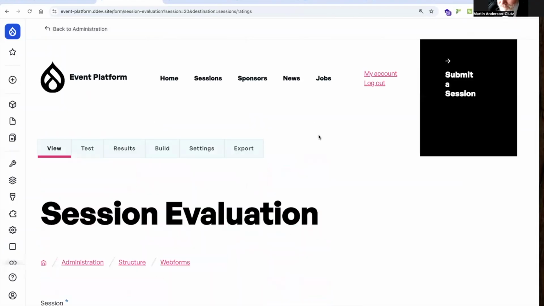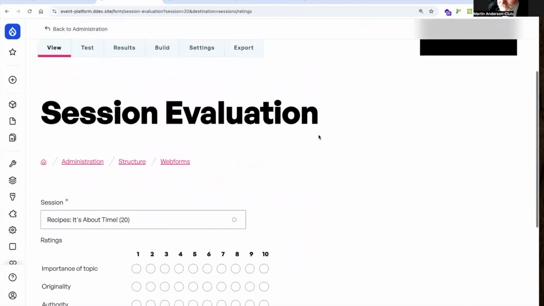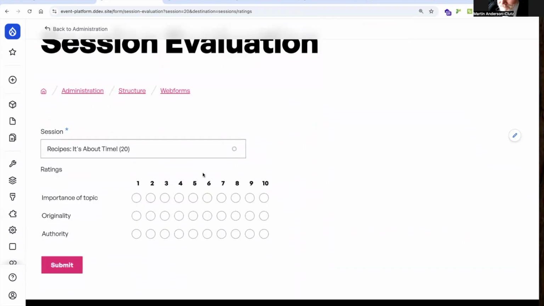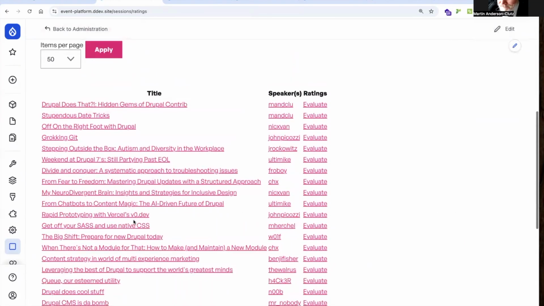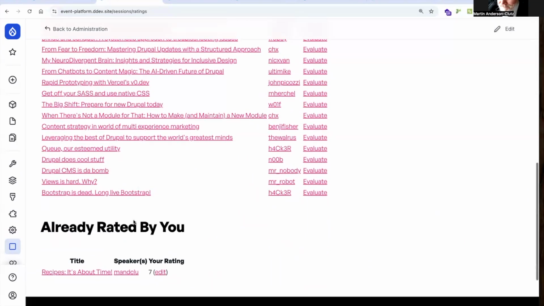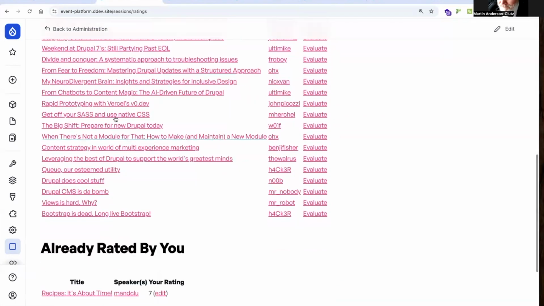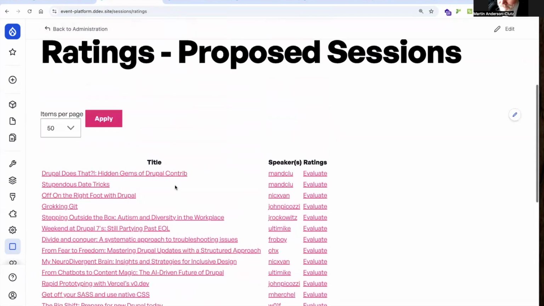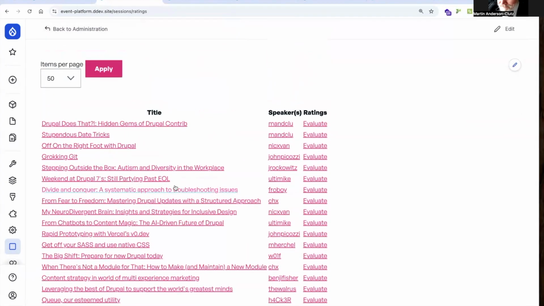So you could do this individually, but more likely you're going to have a team that's going to go through and evaluate these. You can go in one by one and click through and rate one of these. But as you're going in, you may not recall exactly what the details were for a particular session. Notice that as you rate each one, it drops from the list at the top and then has a list at the bottom. It's going to show the average rating that you gave that session,